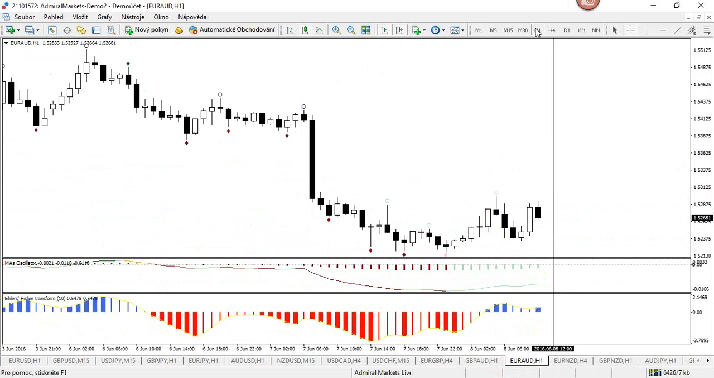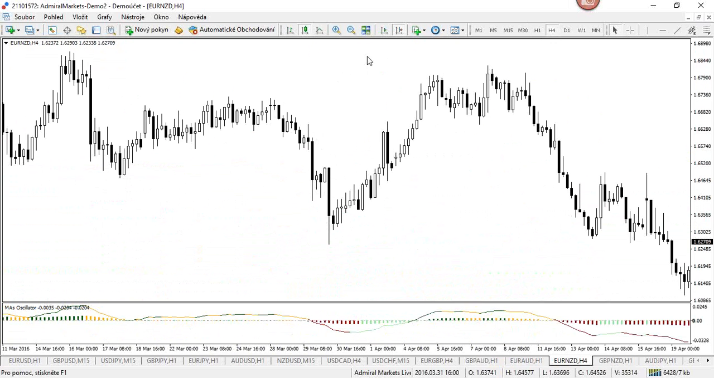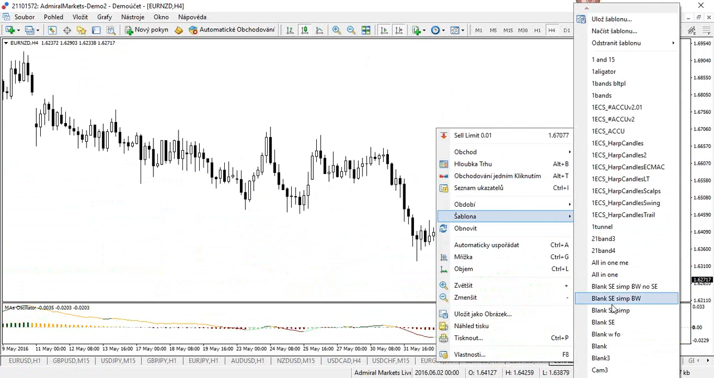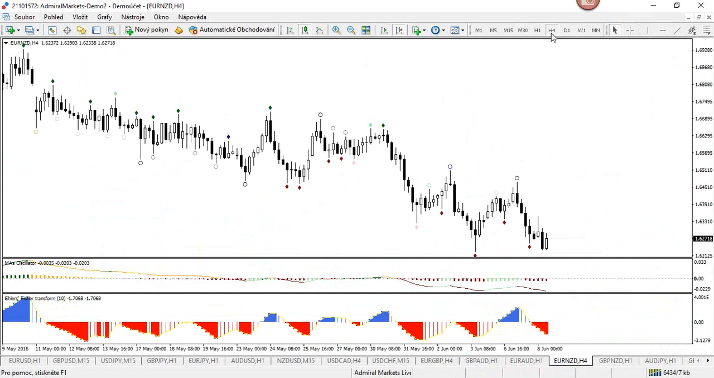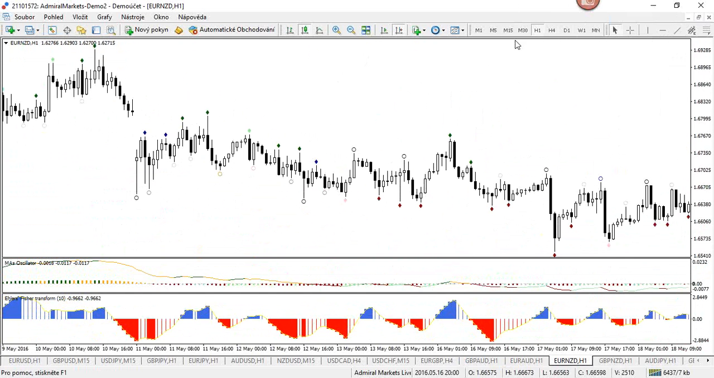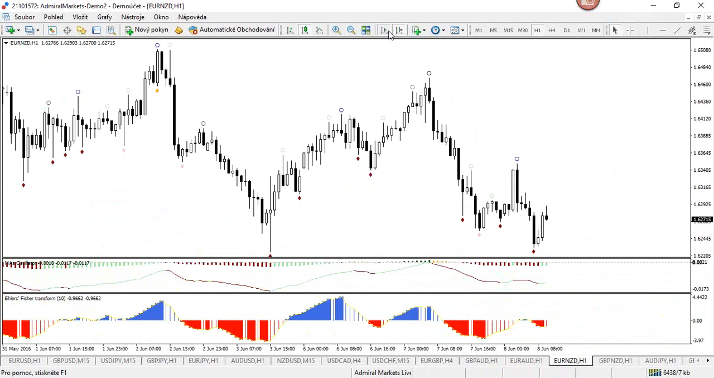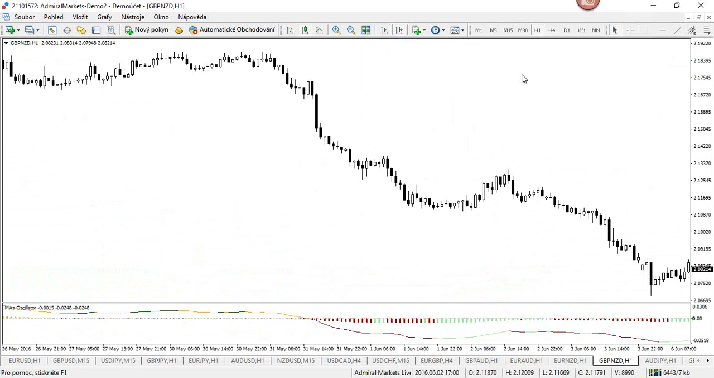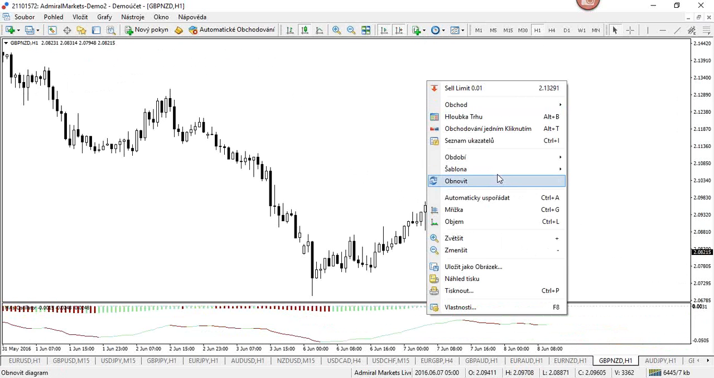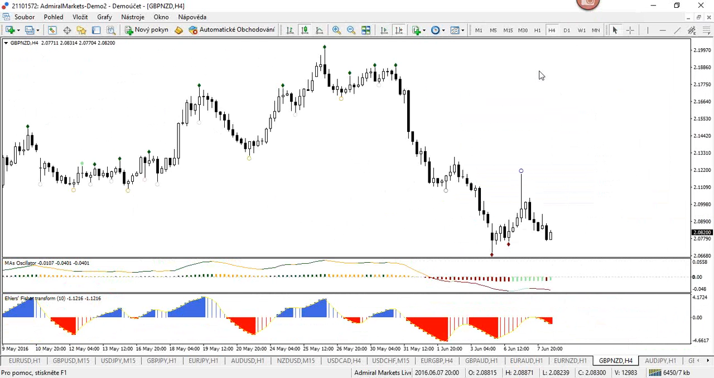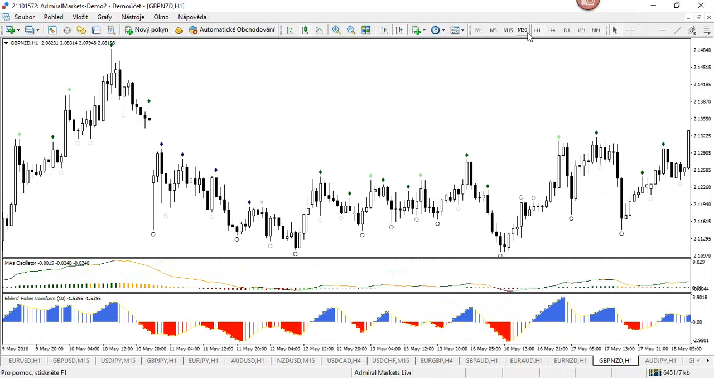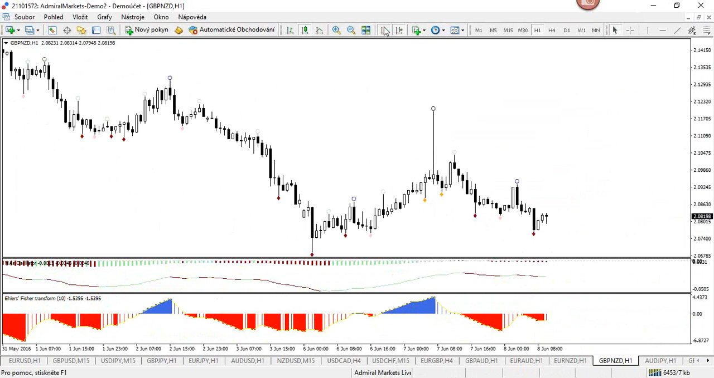Your odd is not set up. Four-hour chart. No, not at the moment. No, we're looking for,